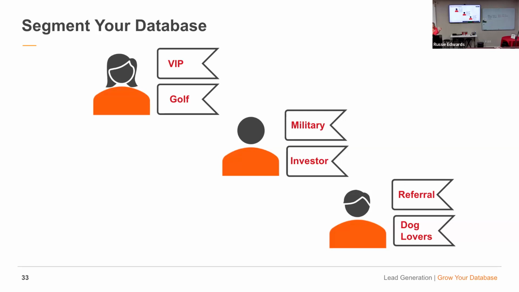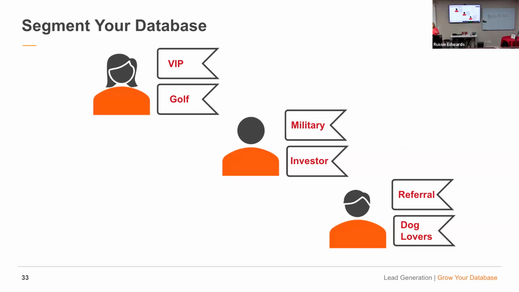Another way that I do it is I tag my people A+, A, B, and C. My A+ clients have done business with me and referred business to me, or multiple on either side. An A client has done business with me, but no referrals, and it's been one time. A B client has given me a referral, but hasn't done multiple referrals. And then C, they haven't yet, but they will.